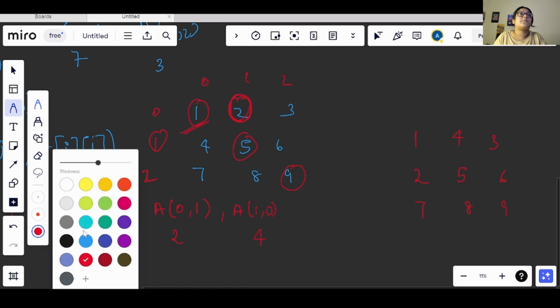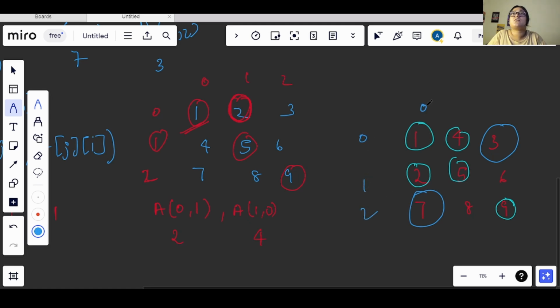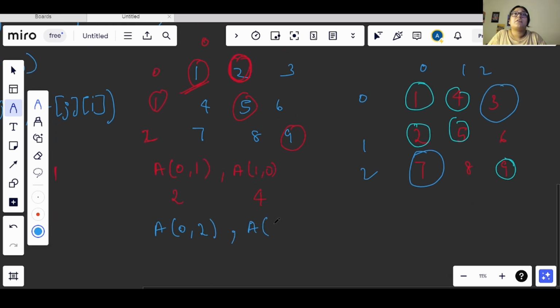As I said, we don't have to iterate here, and these both also we have swapped, so we don't need to do it again here. Now after this we have this 3. I need to swap these both. Let me write this down, 0, 1, 2, 0, 1, 2. So now I will have A of 0, 2 here. j was 1 here, it will become 2 now. In the same way I will have A of 2, 0. So this is 3 and this is 7. I will be swapping these both.